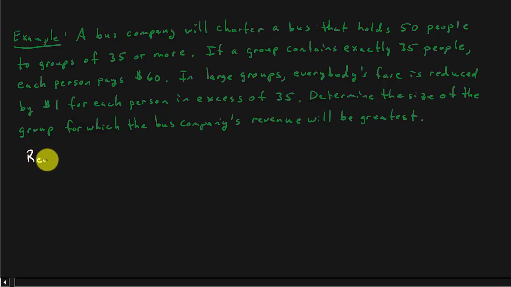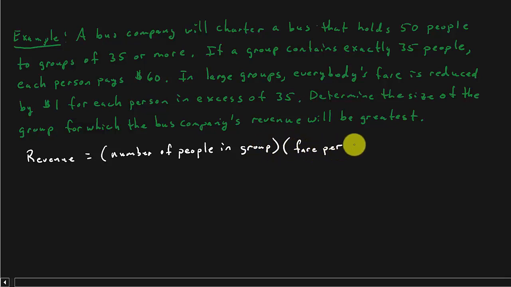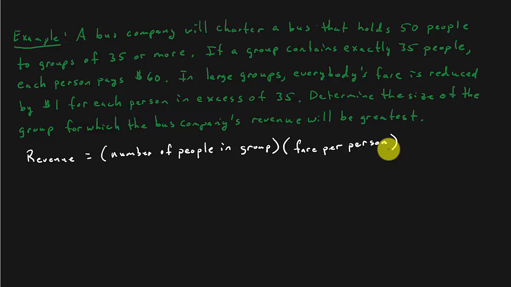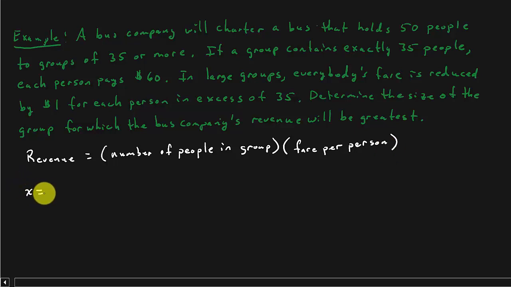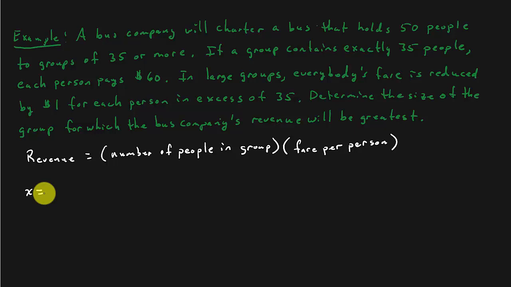So we know the revenue is equal to the number of people in the group times what? Times the fare per person, how much each person pays. All right. Now, we need to get a variable here. We're going to let x equal something. So could we let x equal the number of people in the group? I guess we could. But